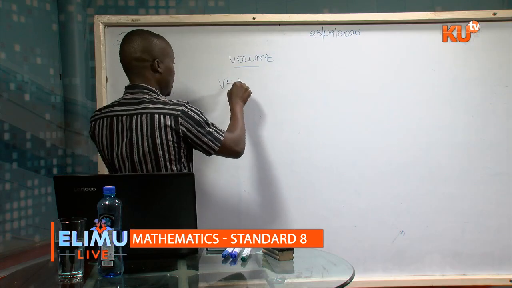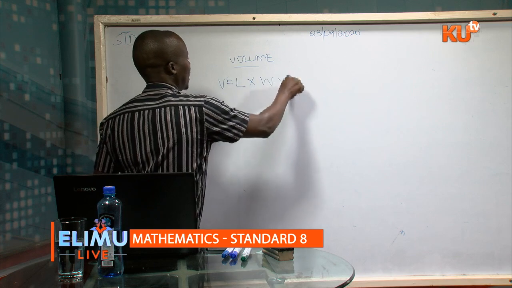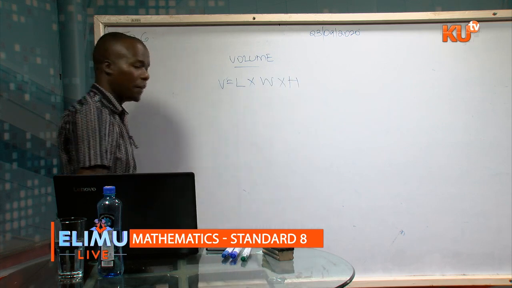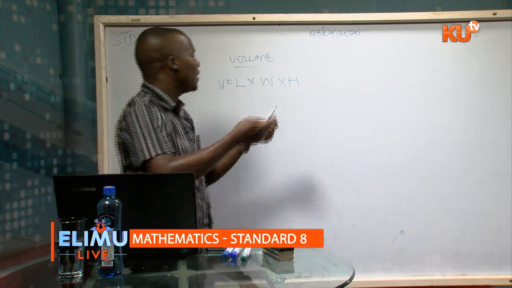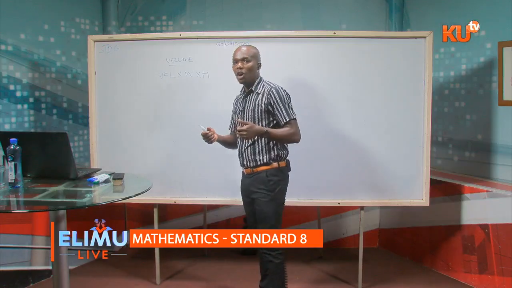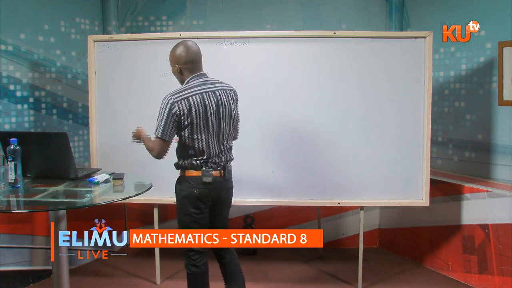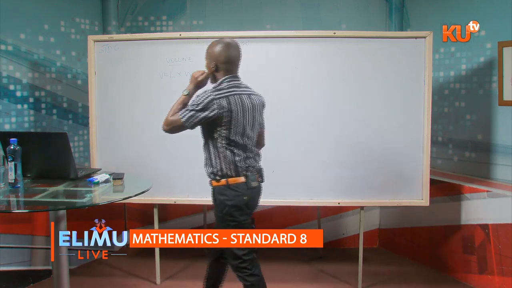Volume is length times width times height. That's a fact. Now, what about when given volume, you're asked to find length or find width or even find height? How do you do it? Having this in mind, to find